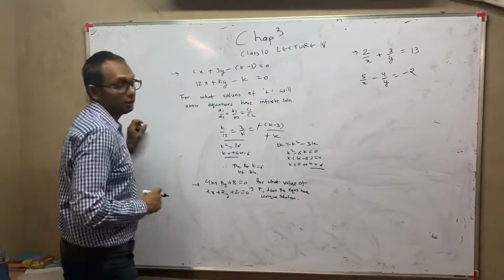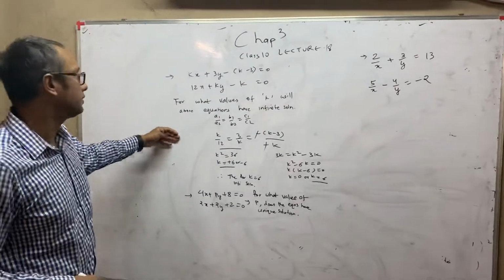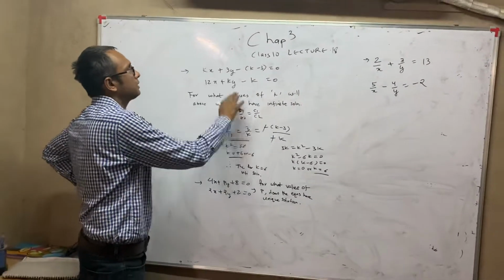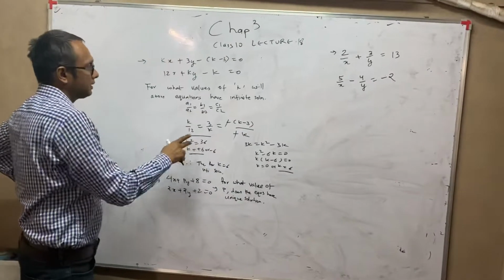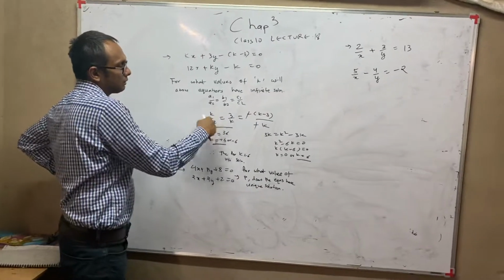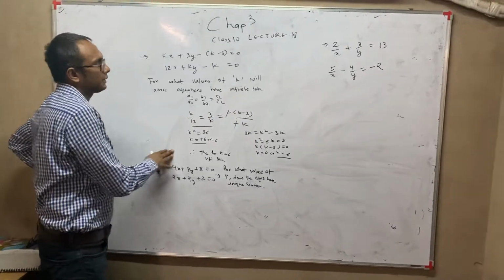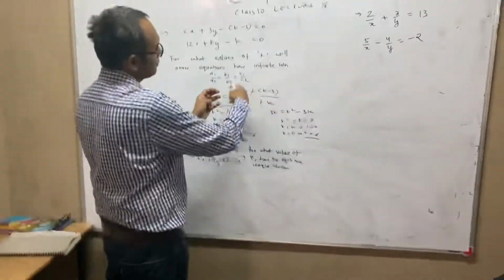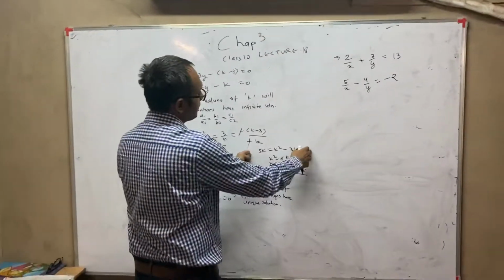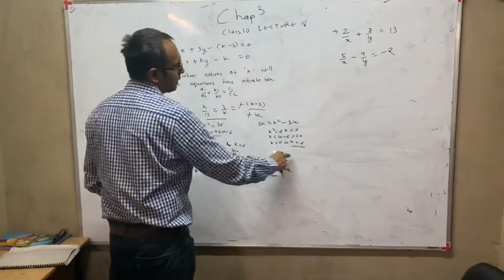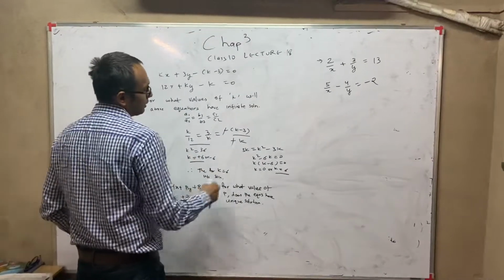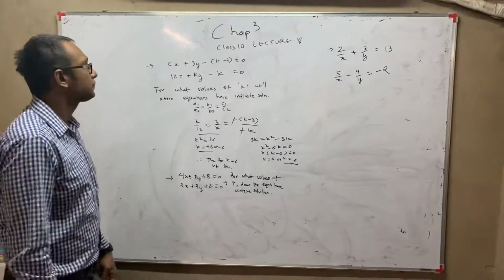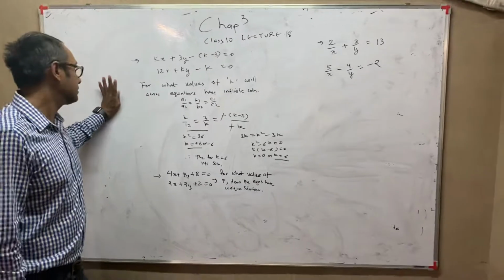Okay. So I solved this sum totally. I am just repeating what we have done. First step, for infinite solutions, write a1 upon a2, b1 upon b2, c1 upon c2. Then you write the three ratios, and then choose any two to put together, do the cross multiplication and get one value of k. Then any other two also you put together. So now I chose these two, and then again I did the cross multiplication and I just solved for k. And the value which is common for both is k equal to 6, and here also k equal to 6, that we have to choose. This sum generally comes for 3 marks.